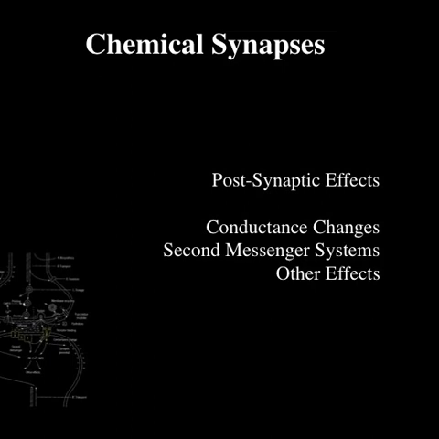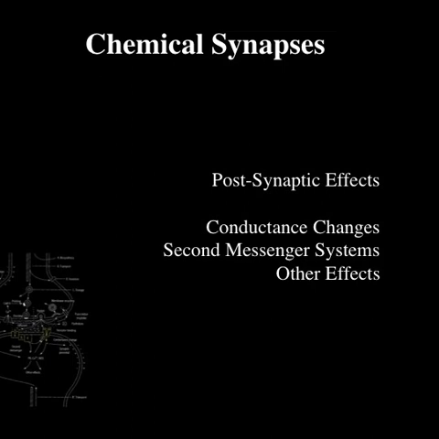And it's all pushing it towards threshold, or pulling it away from threshold, with these chemically gated channels, so that when the membrane reaches threshold, if it does reach threshold, the voltage gated channels will cause an action potential which will move on down that neuron. So those are the conductance changes. A synapse that works through conductance changes, or a neurotransmitter that is causing conductance changes, we call ionotropic. It's affecting the ion conductance of the postsynaptic membrane.